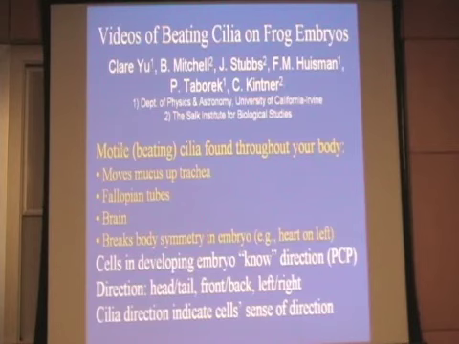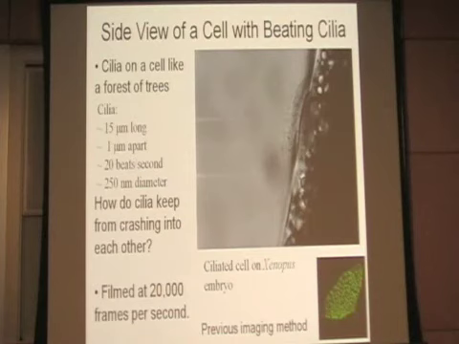And so we decided to take a look at some beating cilia on the skin of frog embryos. And basically, this is like a giant forest. You've got a cell which has 100, 200 beating cilia. They're 15 microns high. They're about 1 micron apart. It's like a forest with trees, and the trees are all moving, and how come they don't crash into each other? And I wanted to know the answer to that, so I have some colleagues at Irvine, Peter Taborek and Fawn